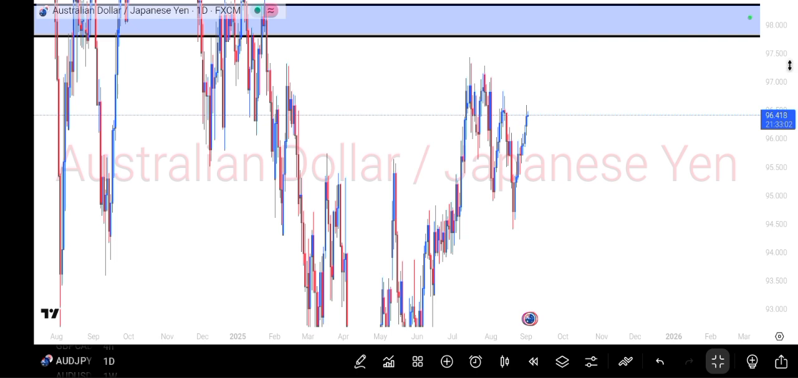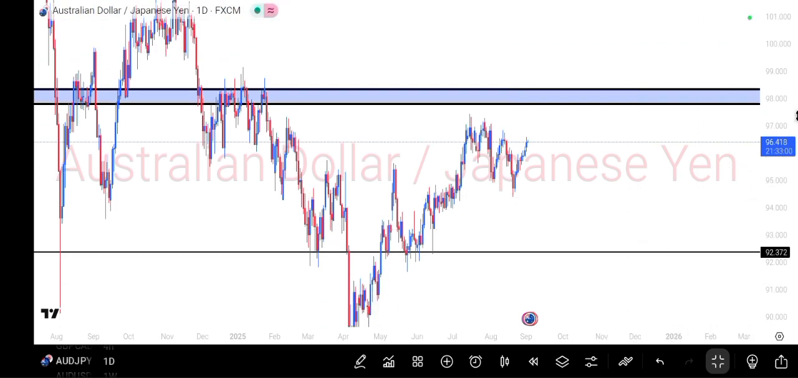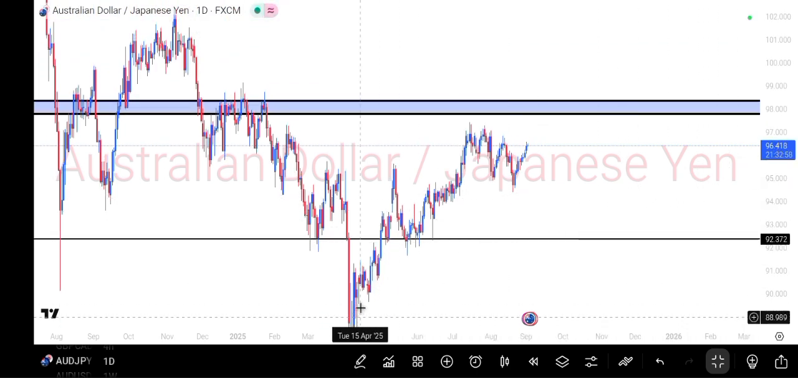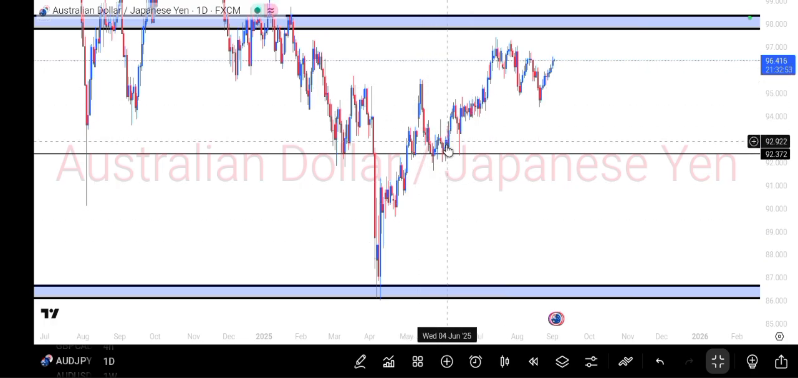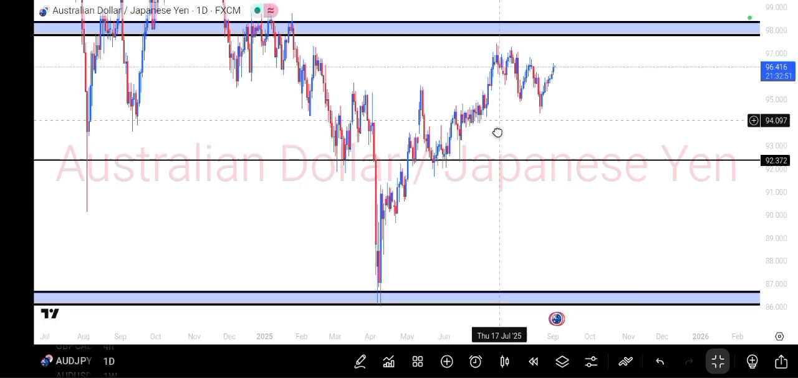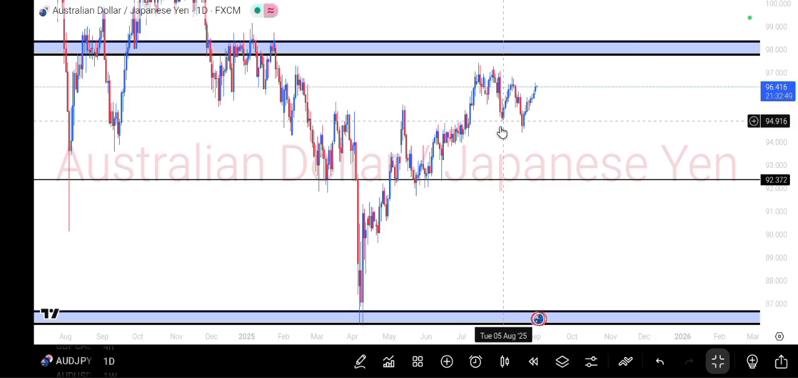Now initially, I told us this was an impulsive move to the upside, a retracement, then the next impulsive move. Now this is the retracement. I told you